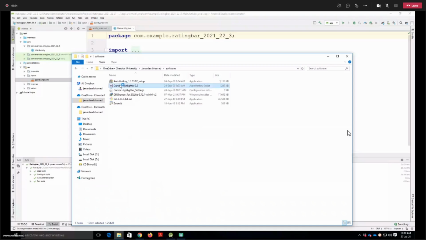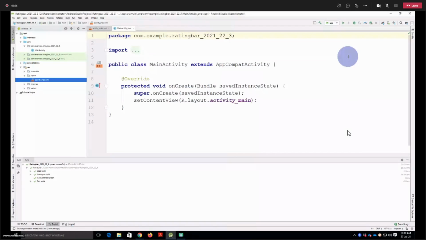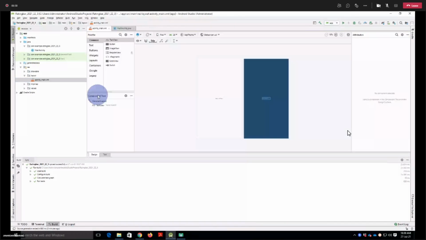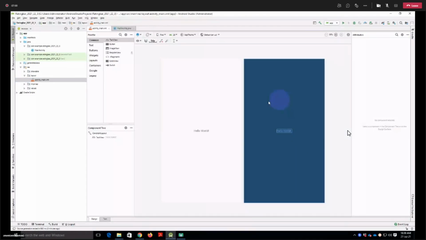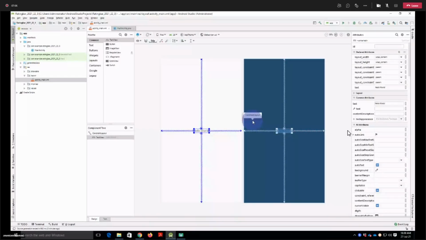Once you click here, the screen will be visible to you. In that screen, by default the label is hello world. Just remove that label, click on it and click the delete button.